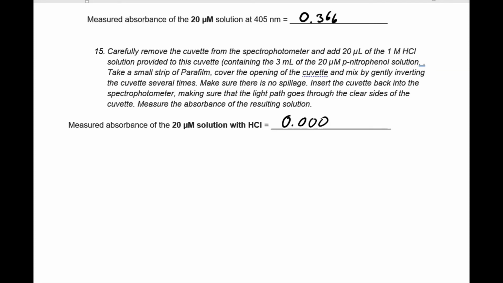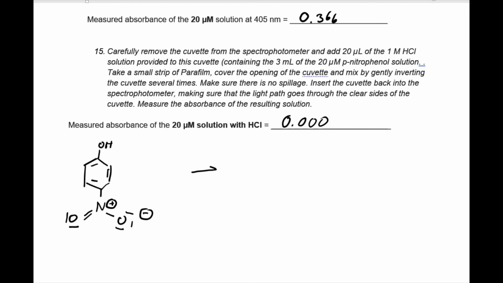And why is that? Well, what we can do is draw the structure of the paranitrophenol. So we've got an OH group here, we have got the aromatic ring, and then we've got the nitro group, which looks a little bit like that in our structure here. We've got O that is negatively charged, and the nitrogen is positively charged. So that is nitrophenol, paranitrophenol. And that is what it looks like. Now in alkaline solution,